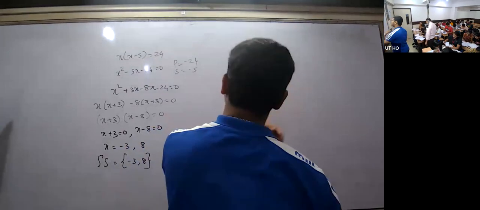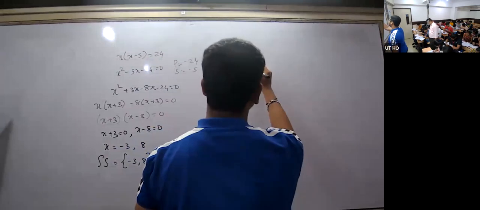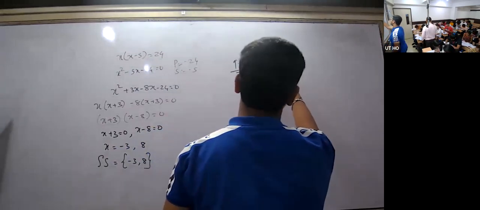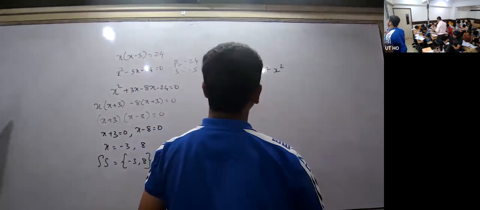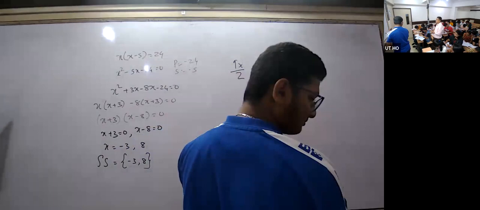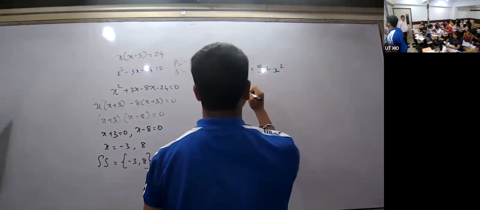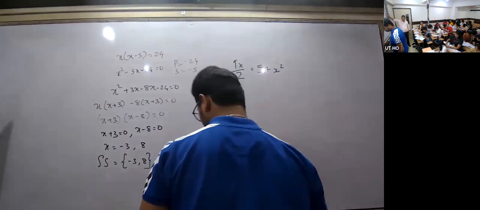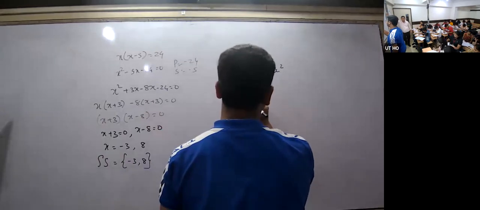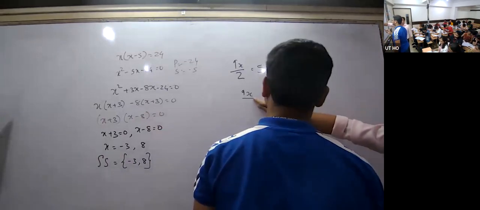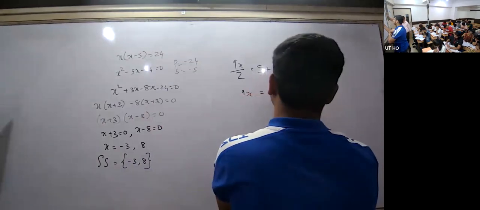9x by 2 is equal to 5 plus x square. Simplify and split the middle term. Power you do multiply by 2, so the fraction will go now. So what do you get? 9x. Multiplying by 2, that is gone now. So directly it is equal to 5 into 2 is how much? 10. Then plus